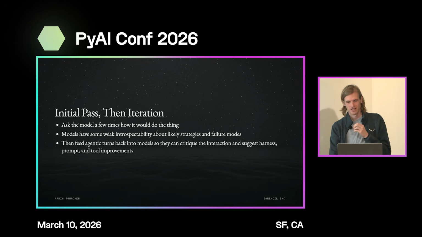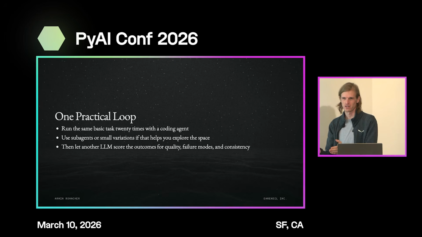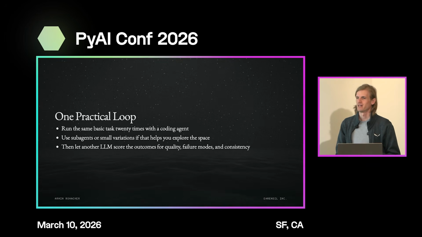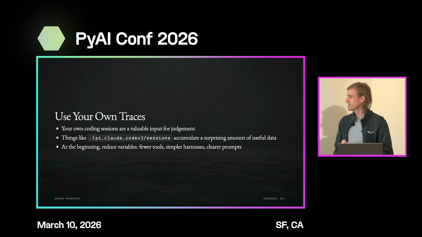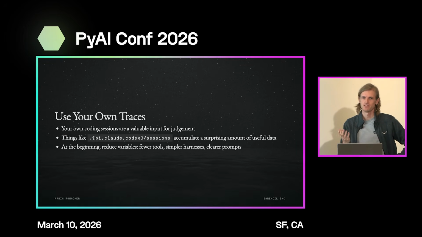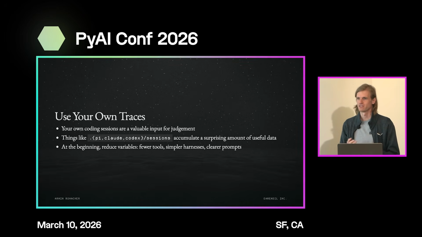Then you implement this. And then the trick is to go back to the agent with the sessions that it actually had and tell it, while you claimed that it did work, you're struggling with the thing that you recommended as a tool harness. Let's see if we can learn something from that loop. And so you can actually use your own traces. I think this is an interesting aspect, because if you use Claude or Codex or Pi, any of these coding harnesses, they actually store the sessions on disk. And so if you keep programming with them for a little while, after about a month you have an enormous amount of session traces